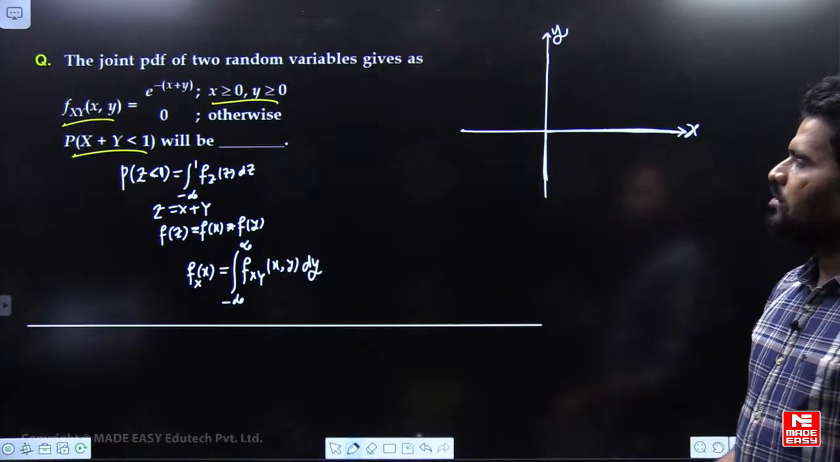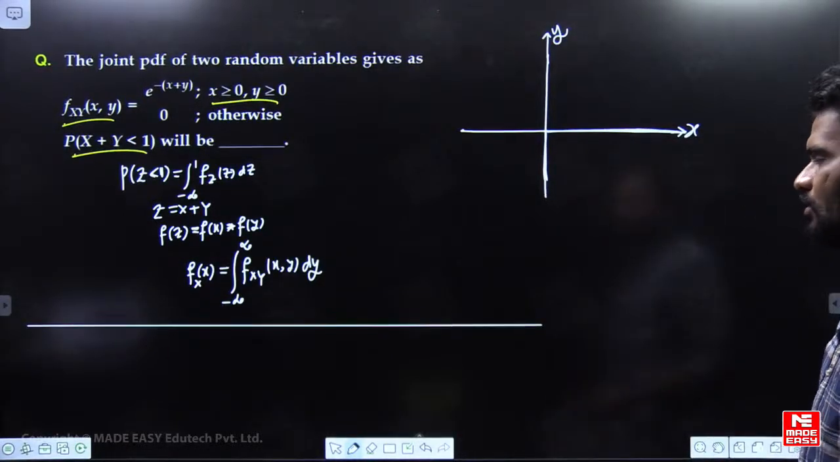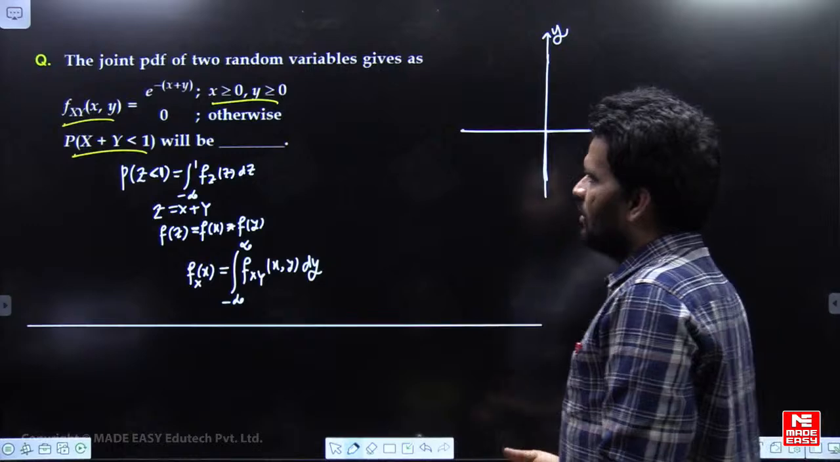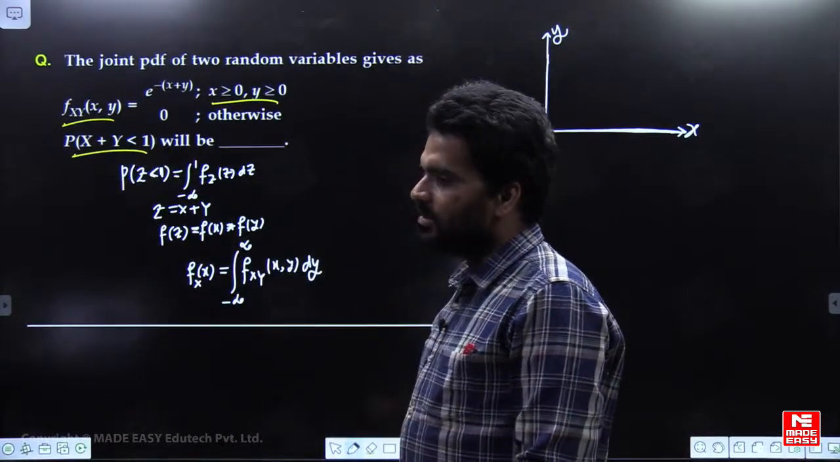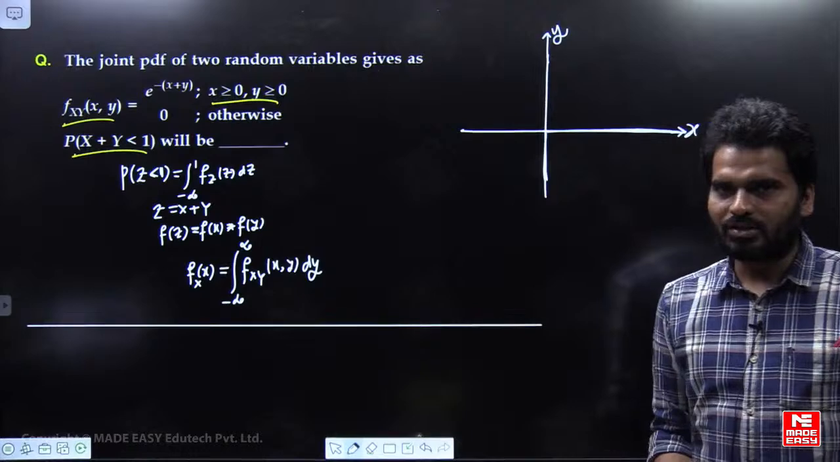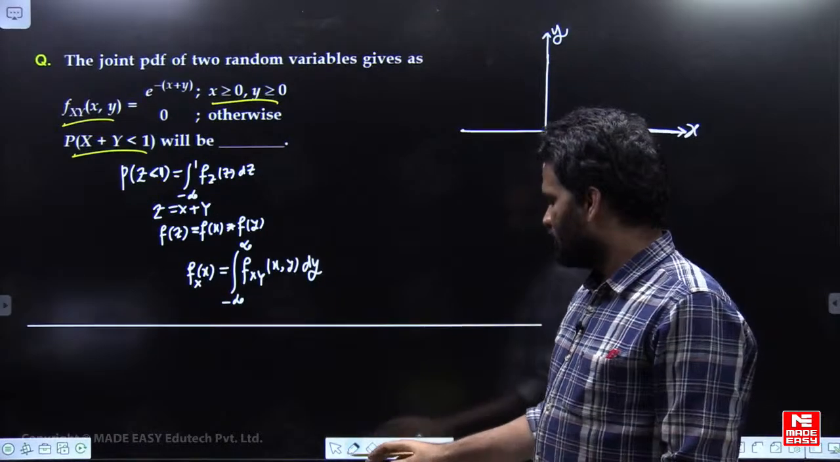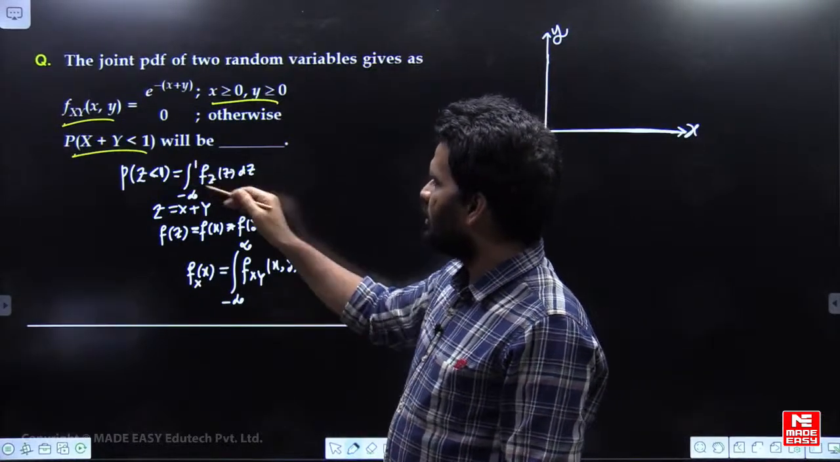How to get probability from density function is area. So which area do we have to find to get this probability? We have to see which area we have to calculate to get this probability. First, if you go for this line x plus y equals 1,